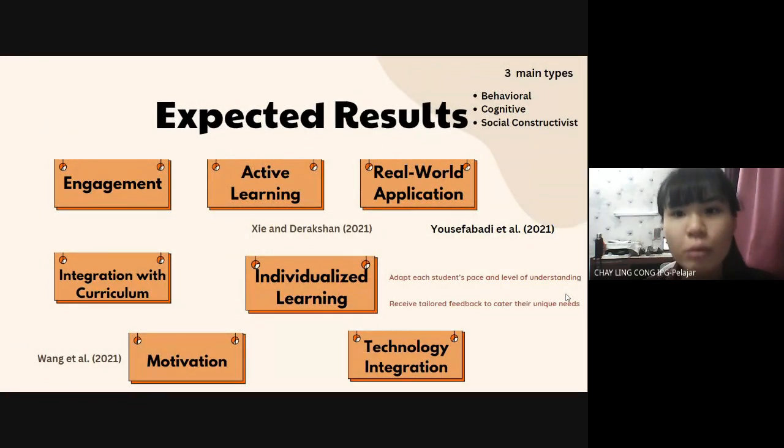So for the next one will be the expected results. By applying the trilogical learning method, it will have three main types of expected results, which are behavioral, cognitive, and social constructivist. So in here, my digital innovation product will focus on the engagement, active learning, which is supported by Chay and Direction 2021, and also the